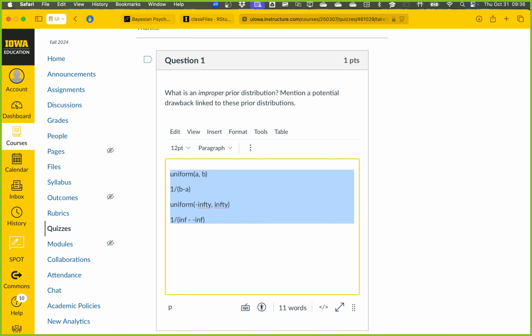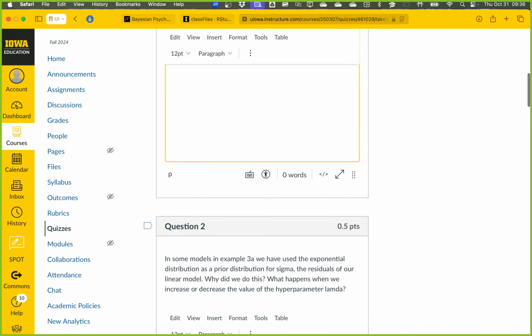Are you following me? Questions on that? Once again, the difference is in the computer, it's a proper prior because all numbers in the computer come from discrete permutations of binary digits. And every one of those permutations is equally likely. It's basically a discrete uniform distribution. Anyway,